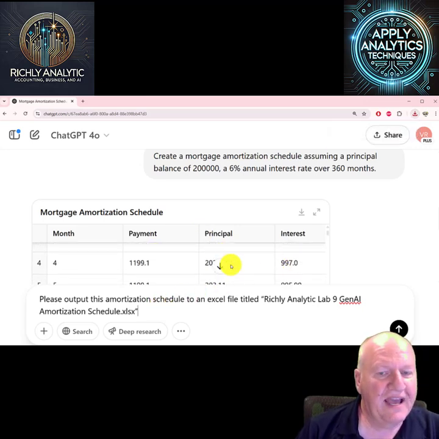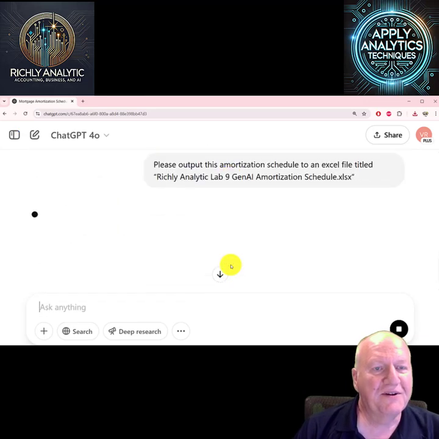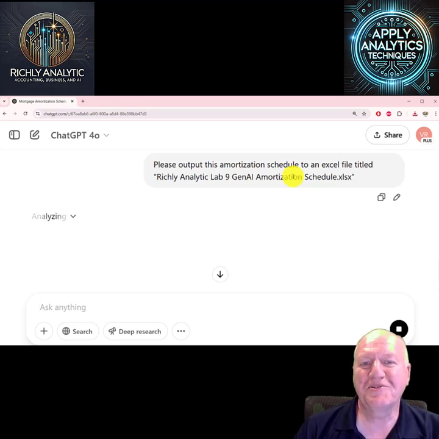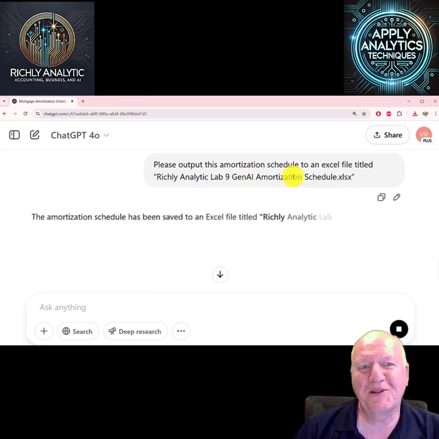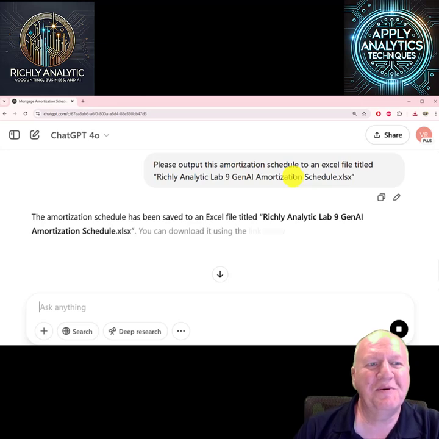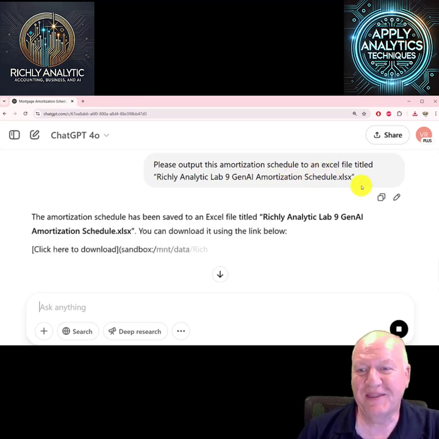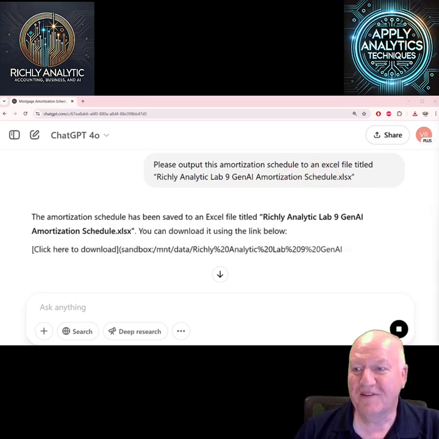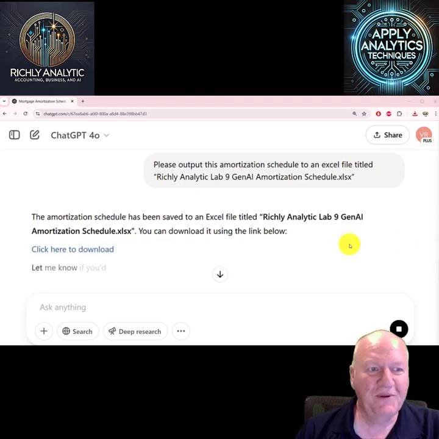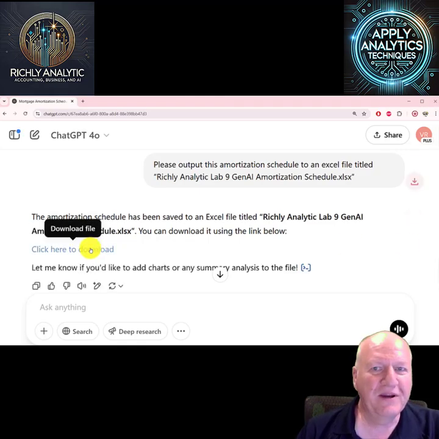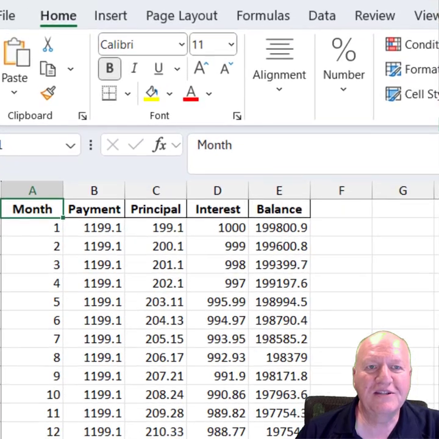So let's go ahead and print that out to Excel, and I also like it to have the name on it of what we're doing. Increasingly I'm thinking we ought to include some of the details in that. It doesn't know what interest rate we gave it. It doesn't know the loan amount, except you can kind of see that as we went. So it might have a printout, and we can open that printout real quick and see what the printout looks like.